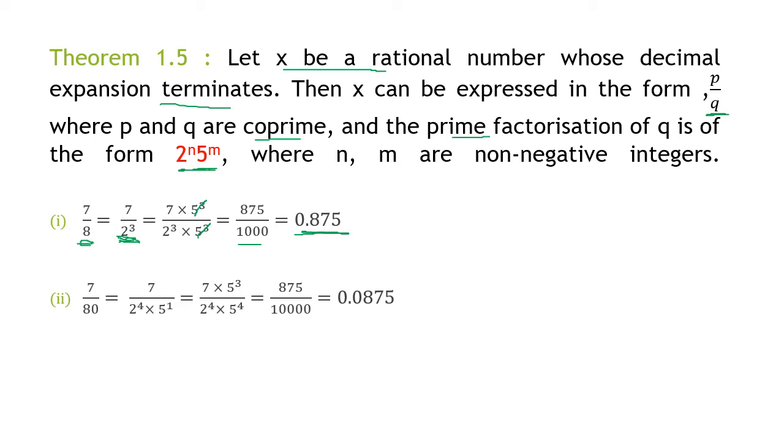Similarly, I have got Q as 80 here. How is 80 written? 16 fives are 80. Now 16 is 2 raised to 4, so 16 into 5 is 2 raised to 4 into 5 raised to 1. Now since the denominator is expressed only in the powers of 2 and 5, it will make a terminating decimal. Now what have we done here? To make the sum easier, you can do the actual division and get the same answer.